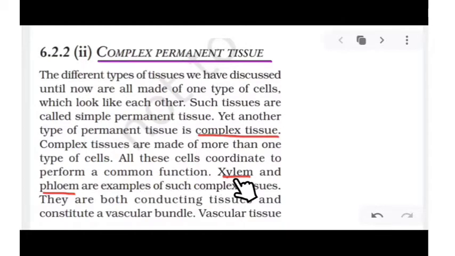If we talk about the xylem and the phloem, now what are the xylem and phloem? We already talked about them in the section cutting of the stems, isn't it? क्या बताया था हमने? Xylem is responsible for conduction of water from down to up, यानी कि रूट से वाटर लिया तो कंडक्शन कहाँ से हो रहा है? जाइलम से हो रहा है, isn't it? And if you talk about the phloem,